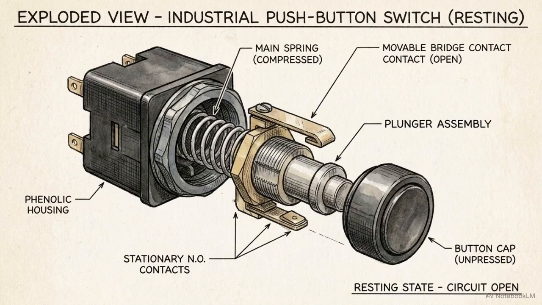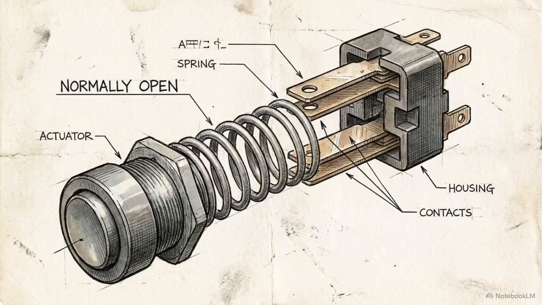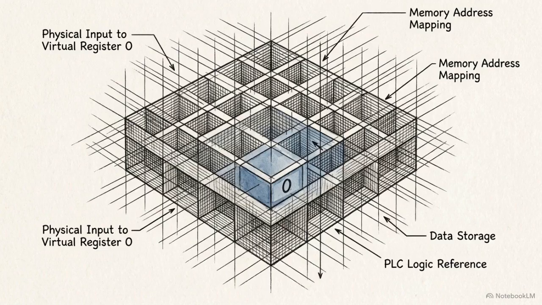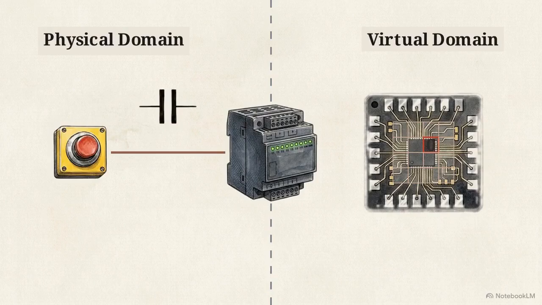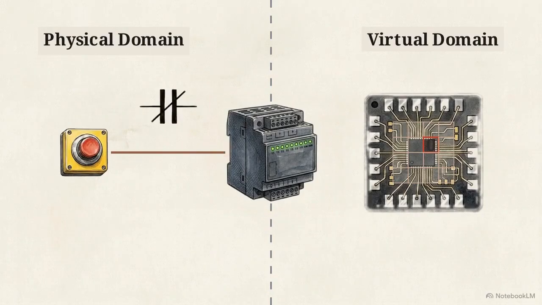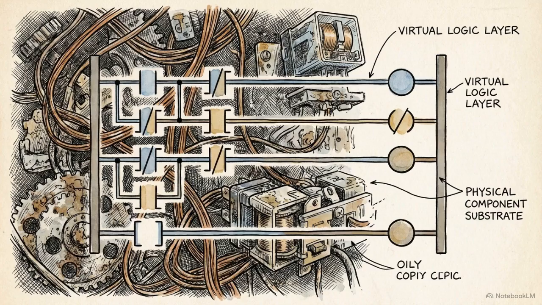These behaviors are defined by the normal status of the contact. This refers strictly to the state of the switch as manufactured, with zero external stimulation, not the state typically seen during operation. The IEC 61131-3 standard mandates that these physical characteristics are translated into virtual memory registers within the PLC. This mapping process turns physical input voltages into digital bits. When a sensor detects a part, the PLC processor records that voltage as a 1 in a specific memory address. Virtualizing this logic allows engineers to build complex control schemes without the physical constraints and mechanical failure points of hardwired